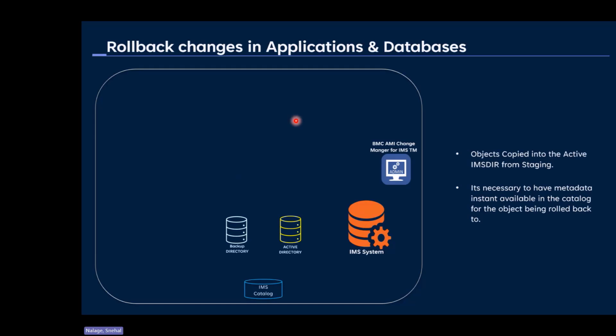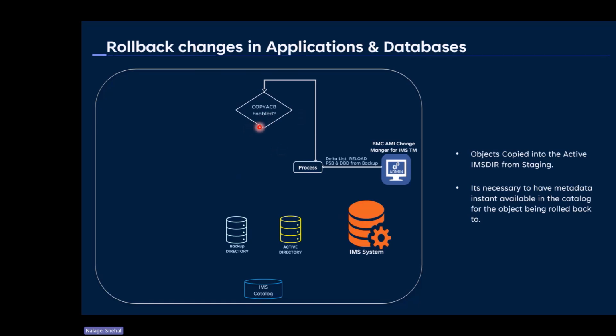Next one here is how to roll back the changes to the applications and the databases using the backup directory feature. BMC AMI Change Manager for IMS-TM provides one ISPF feature called copy element, which allows you to create the delta list request by copying objects from IMS directories. And the same feature can be used to create the reload request for the member which is present in the backup directory. And when that delta list to activate the member from the backup directory is executed,